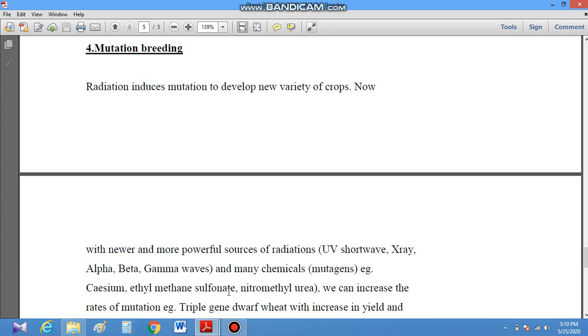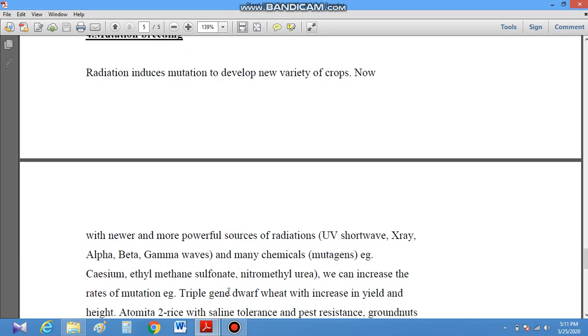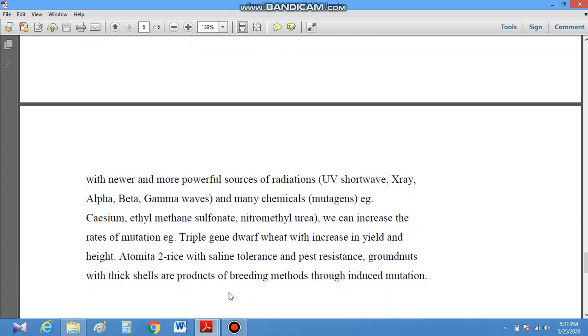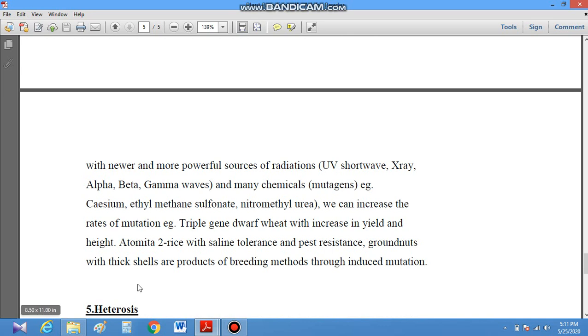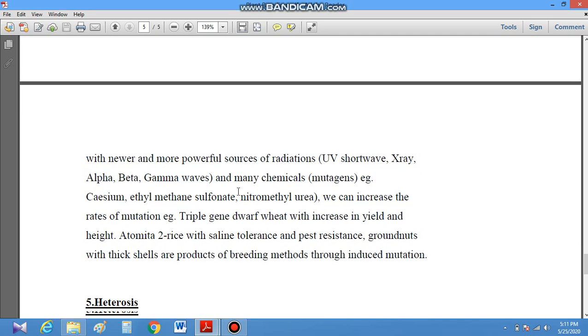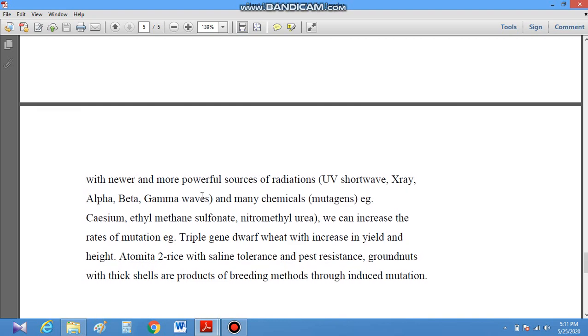So there are lots of sources of radiations which cause mutation, that are UV rays, X-rays, alpha rays, beta rays, gamma rays, and various chemical mutagens are also there that I have mentioned here: cesium, ethyl methane sulfonate, nitromethylurea, etc. They all create mutation in the plant.